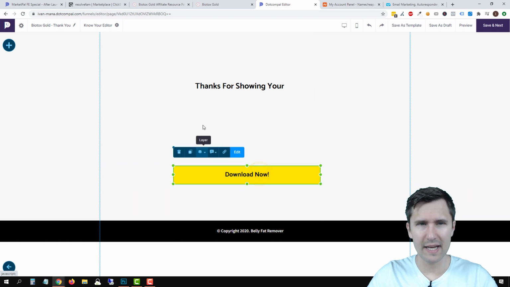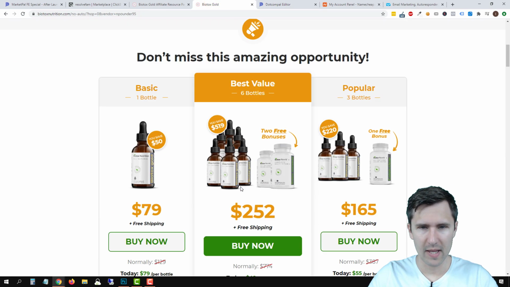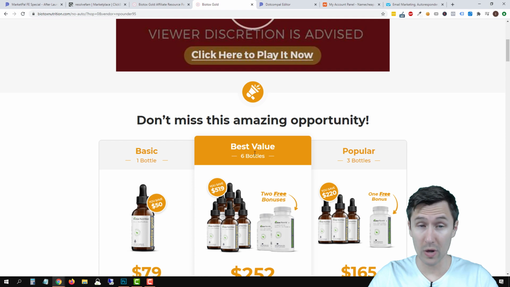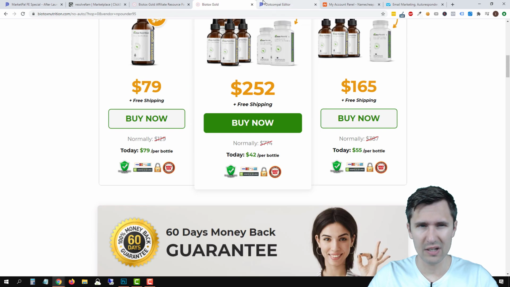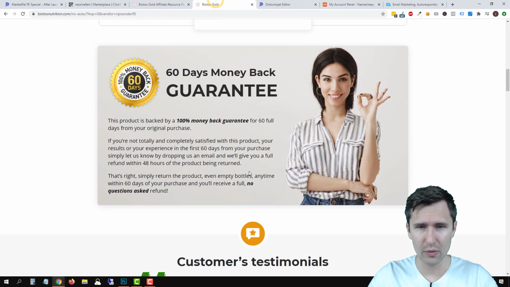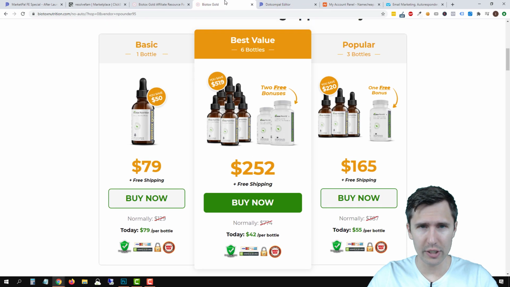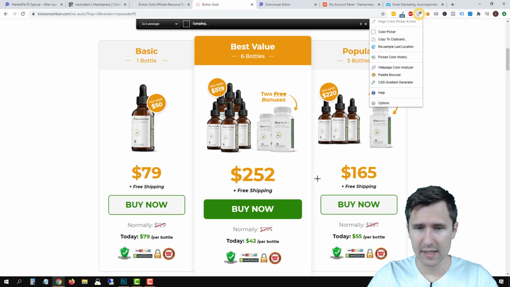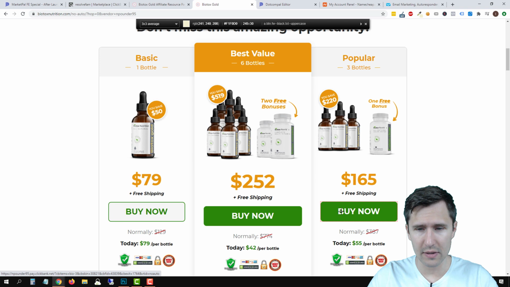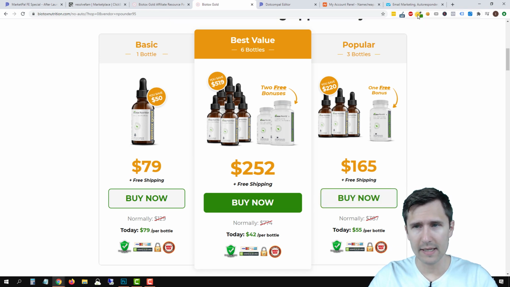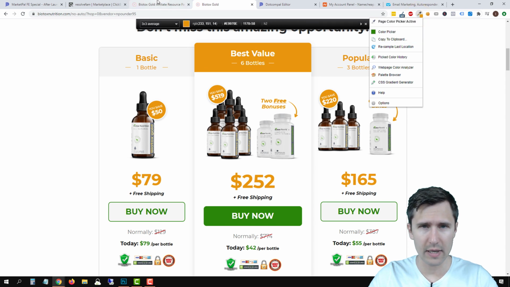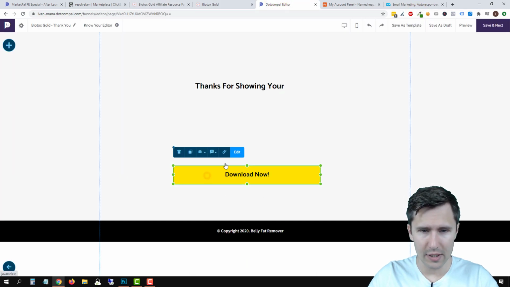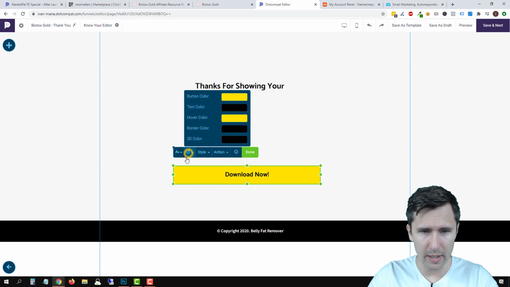Okay, so our button was yellow on the other page. I think it should be green or orange, actually. So we should probably change it to green or orange, because we want to make it as consistent as possible. So I think green is good. Let's do green. So what I'm gonna do is use this color picker, drag it over here, and as you can see, there you go. So I was able to get that color. Again, the extension is called ColorZilla. So you guys can get that. You can use it. And we should have done it before, but